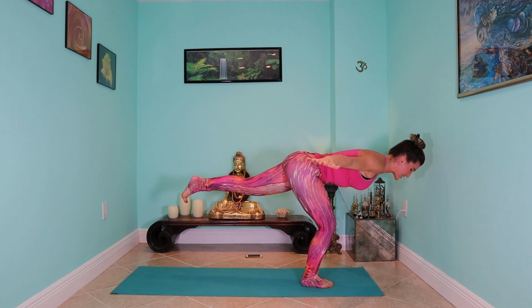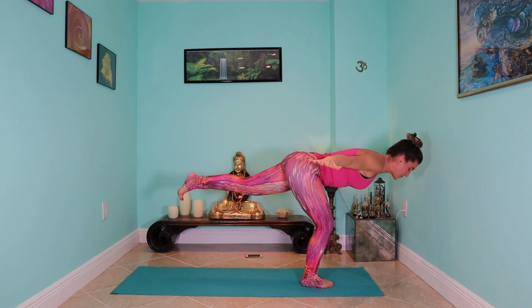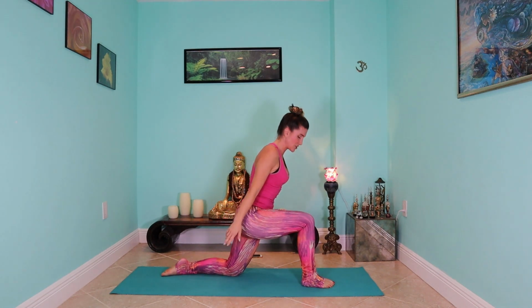Good, that's a lot of quad action, guys, and I'm sorry I'm not looking at you, but I've got to keep my focus on the floor to keep my balance. Good. And then from here, one more deep breath in, and as you exhale, slowly release down. You're gonna lower that back knee down, untuck the back toes, hands come to heart center,